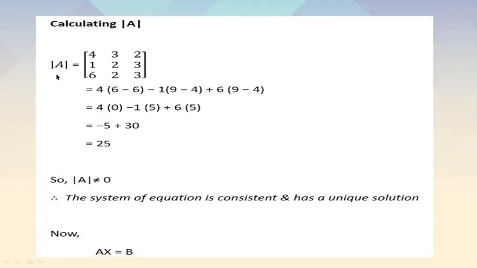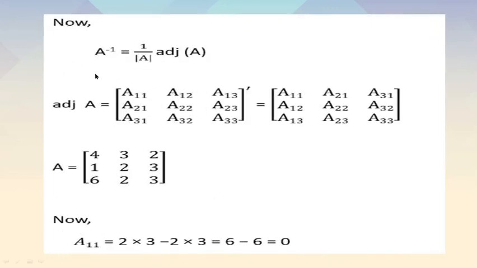Now first of all, the very first step is always to calculate the determinant and get to know the type of system. So determinant A is not equal to 0. It means the system of equations is consistent and we have a unique solution. Now we'll proceed further to find this unique solution. Now Ax = b, again we have to first of all find the value of A inverse. So A inverse is the same formula, 1 upon determinant A into adjoint A. We will input the values of these cofactors and then we will take the transpose.